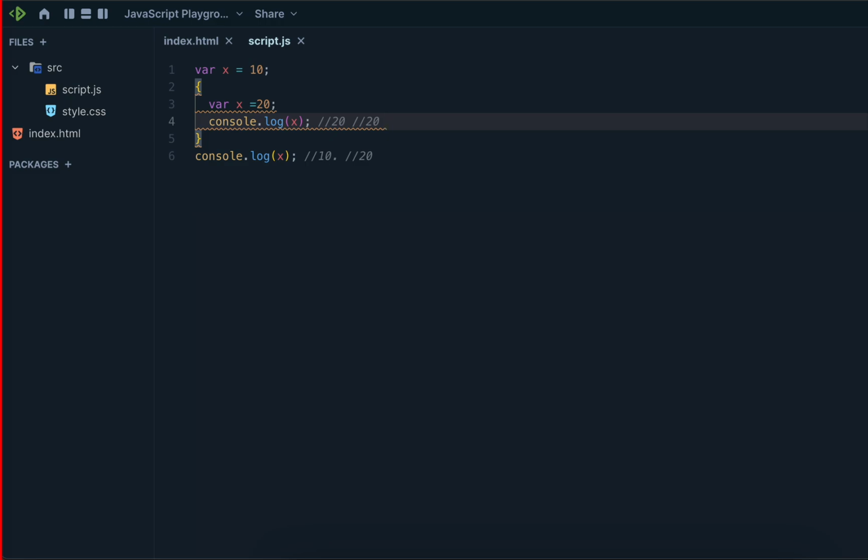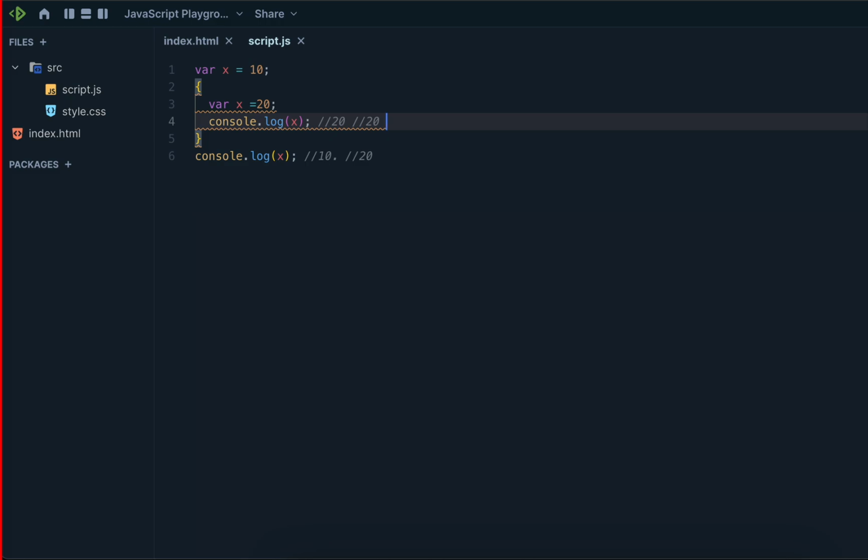Where do we assign the values then? What is reassign and what is redeclare? Am I audible? Yes. What is redeclare and what is reassign? Multiple assignments of values to the same variable name.